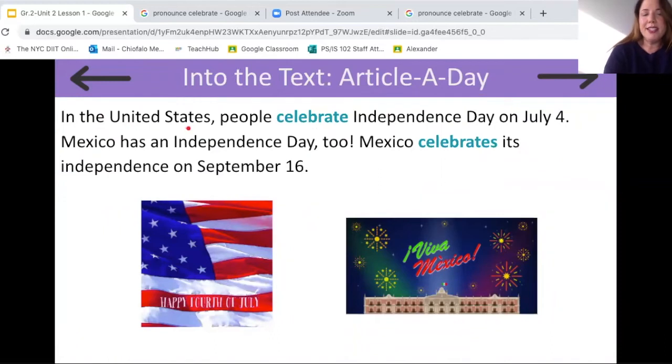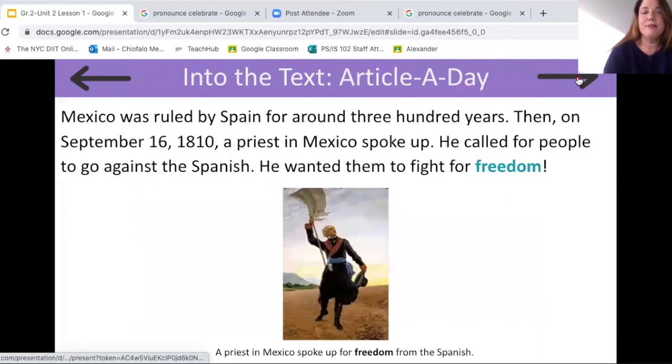In the United States, people celebrate Independence Day on July 4th. Mexico has an Independence Day too. Mexico celebrates its independence on September 16th. Mexico was ruled by Spain for around 300 years. Then, on